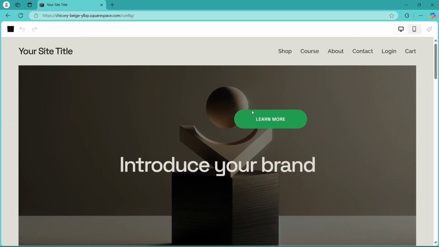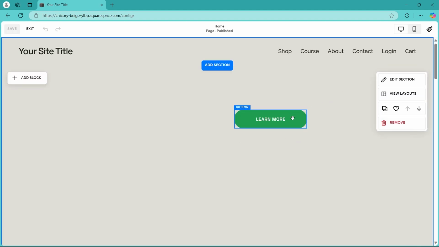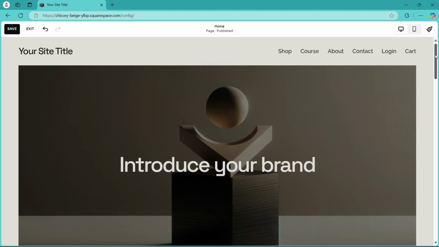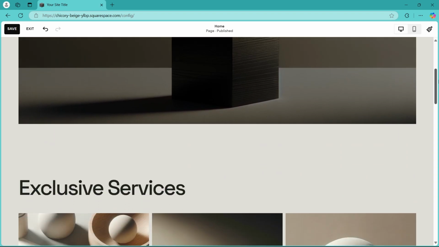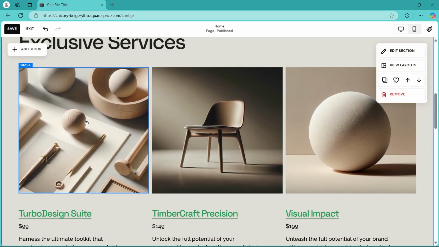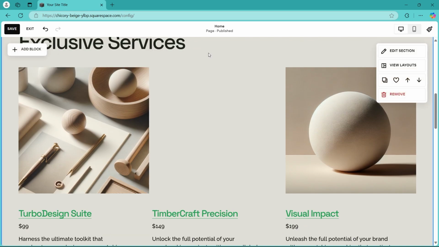When you click on edit, you'll be on this page. Here, you can edit all the elements for your website. Now, you'll have to simply navigate to the page where you want to add your video. So I will scroll down and under exclusive services, I will delete this image and I will add a video